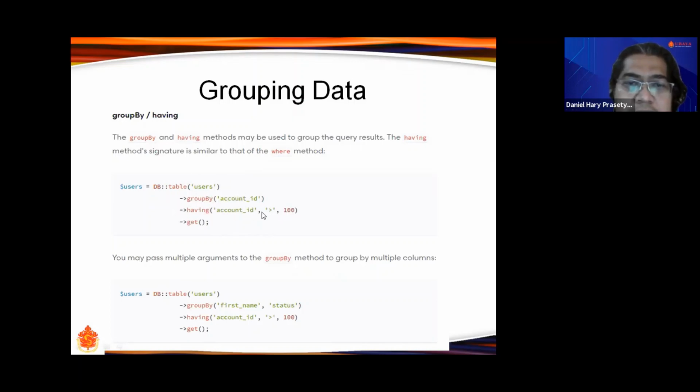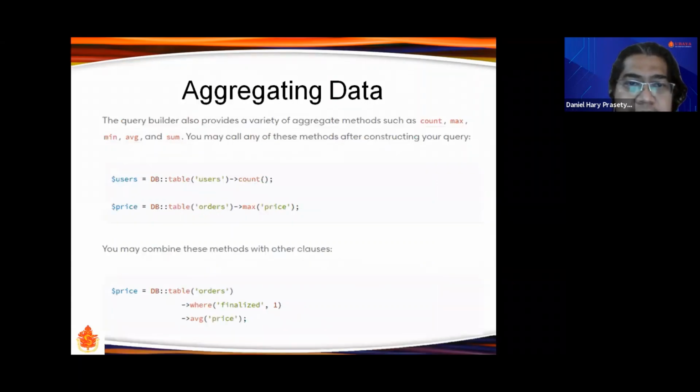We can continue with having. Having is like where, but it filters for the grouping and aggregation function. And we can get a scalar value, for example table user count, which will count the user data, or max price, which will find the maximum price in the field price in table orders.